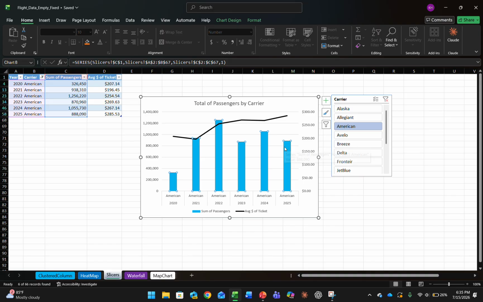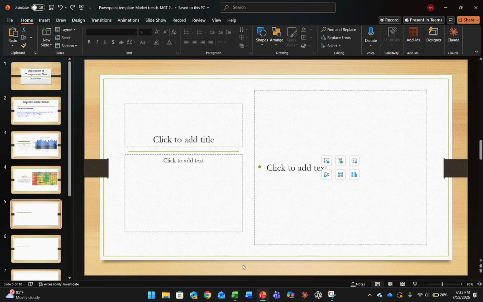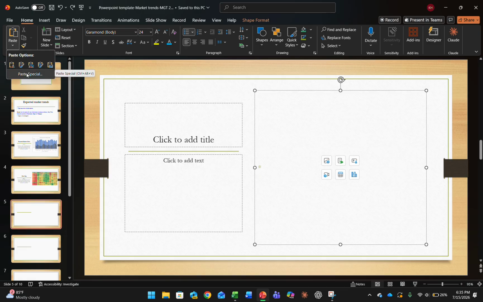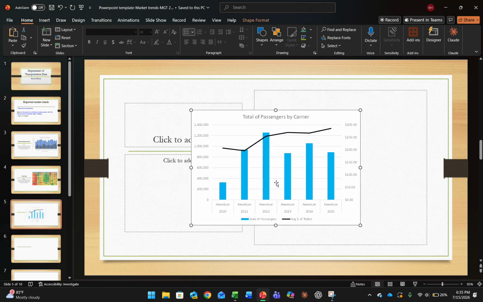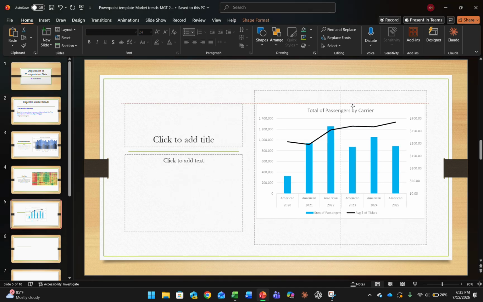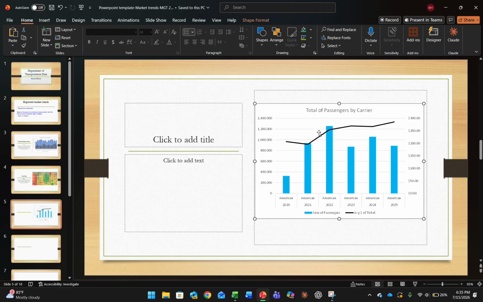So now that I'm happy with how this chart came out, we want to paste it into PowerPoint so that it is embedded. So I'm going to press Control C on my keyboard with the chart selected, go to PowerPoint, click in here. And like we did before, I'm going to go up to the paste drop down here at the top left, and under paste options we want Paste Special, so that we can choose Paste Link, which again embeds the chart into here,